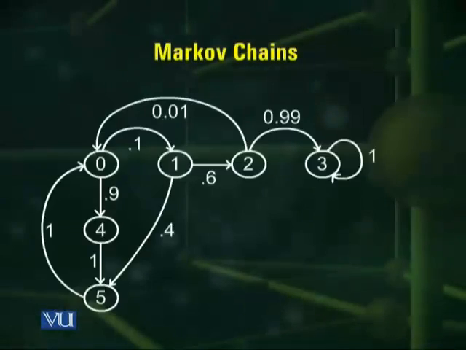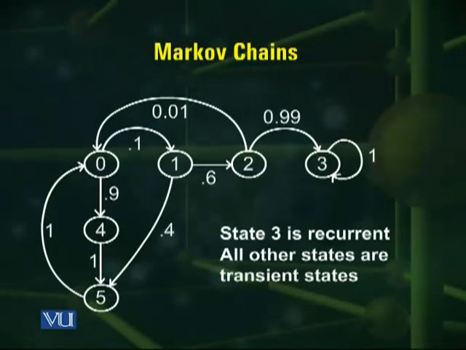So let's continue with a review of a few cases that we discussed in the previous lecture and see how these ideas are applicable in those cases. The first case is where we had a Markov chain with only one recurrent state and all other states were transient states. You can see on your screen the graphical representation of the state transition diagram of this Markov chain. Here the states are labeled from 0 to 5. There are 6 states and they are labeled in such a way that they are mixed.